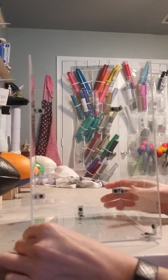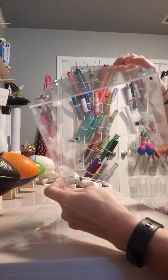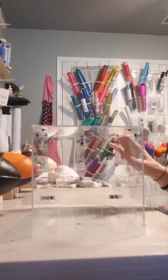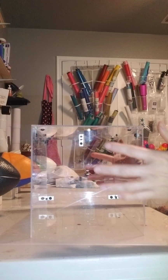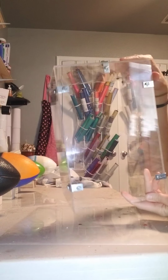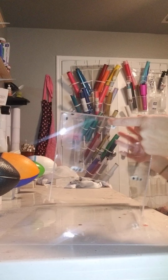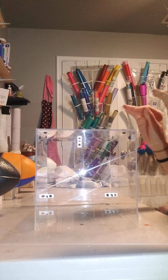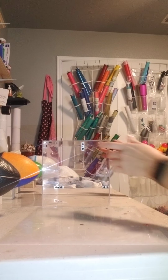It's very secure. It's obviously acrylic, so you can't really see it that well. Let me see if I can get a flashlight. I don't know if this really helps you see it a little better. I guess it catches that glare pretty good. But it's pretty nice. The actual item does not smell like cigarettes, so it is entirely possible that